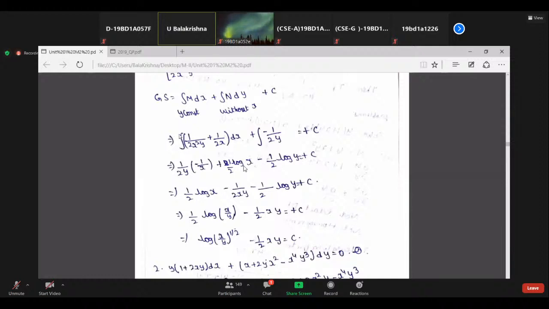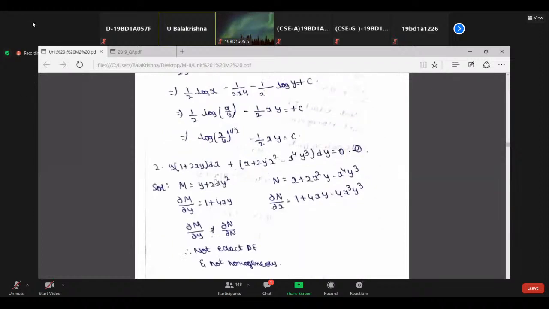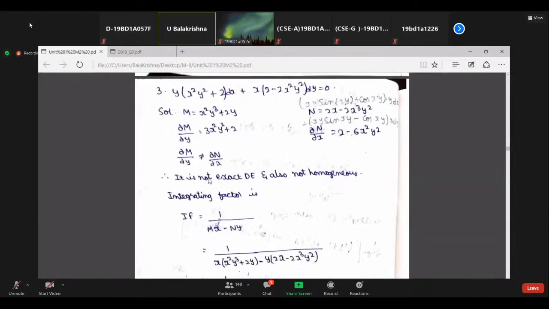First case, if it is homogeneous, it is 1 by Mx plus Ny. If it is non-homogeneous and can be expressed in the form of y into f of xy dx plus x into g of xy dy, then its integrating factor will be 1 by Mx minus Ny. Clear? So next case, if you see there,